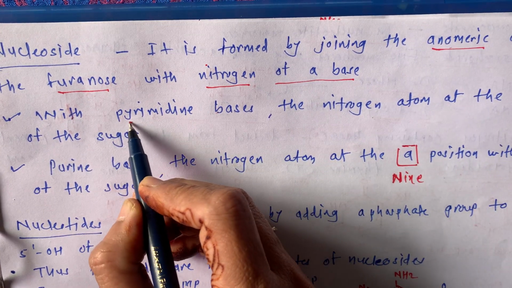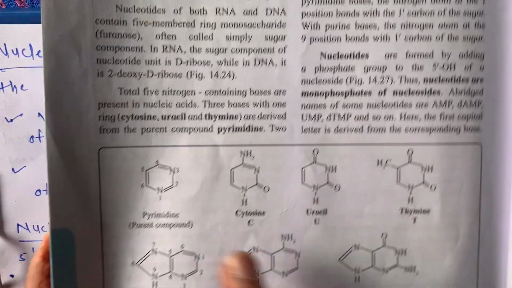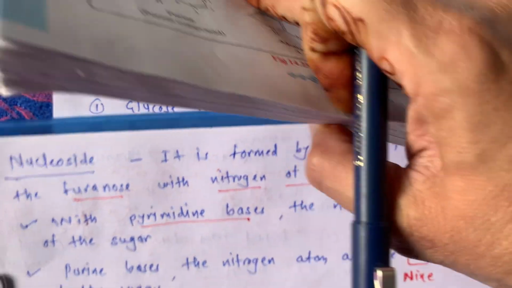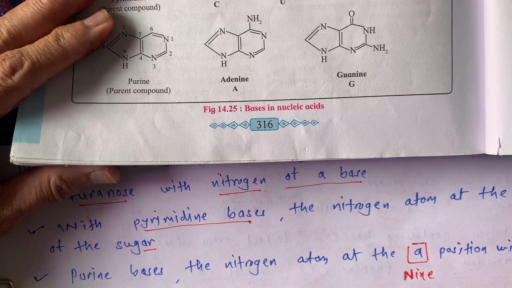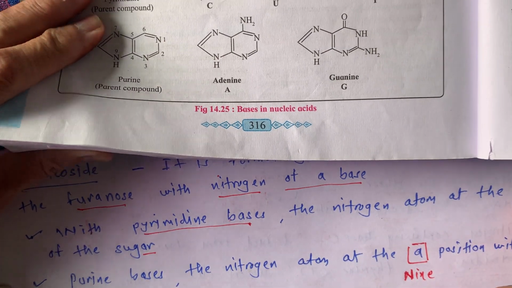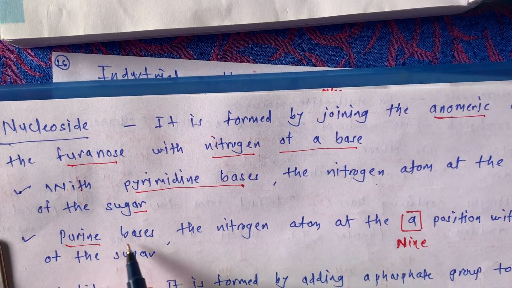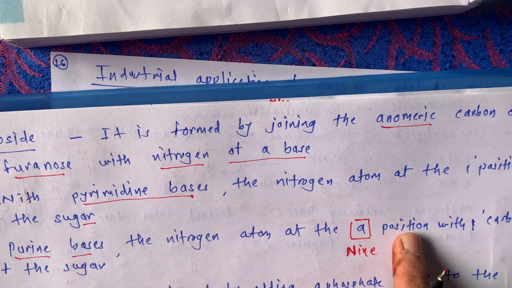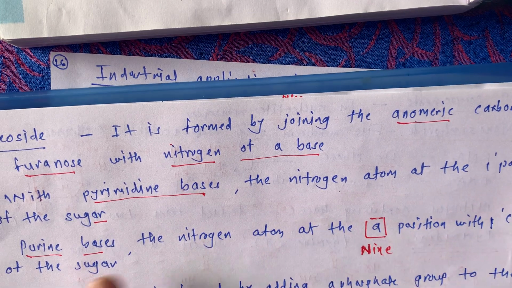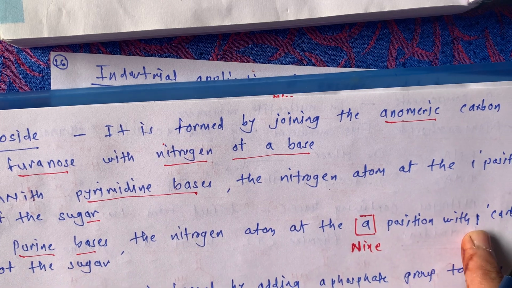When there is a pyrimidine base, like this, then the nitrogen atom at the one position is attached to the one position of the sugar. While in purine bases, the nitrogen atom at the 9th position is attached to the first carbon of the sugar,